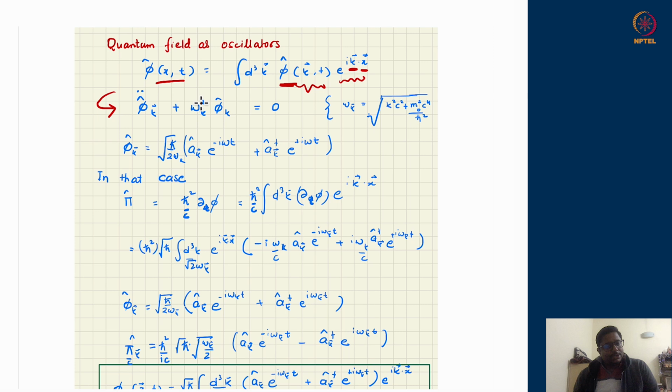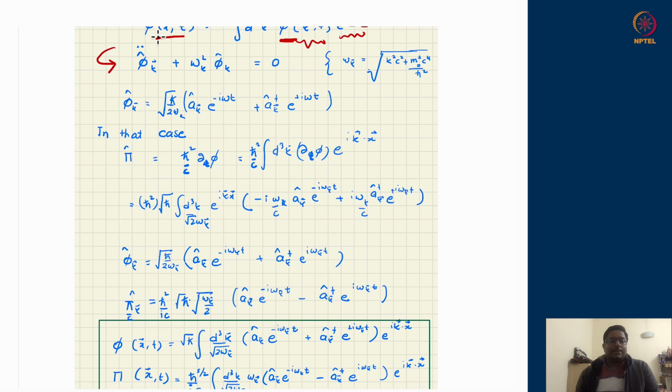Okay, particularly the gradient term is handled well in this thing. All right. So since this is a harmonic oscillator kind of a structure, I can again do the same kind of business which we used to do for harmonic oscillators. Namely, I can try to write it down in terms of ladder operators.